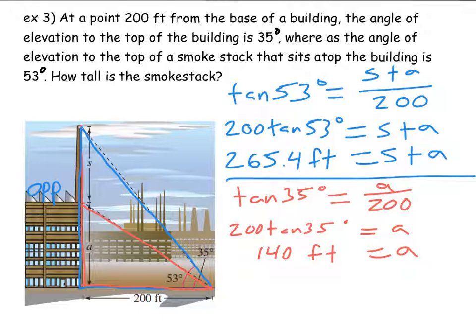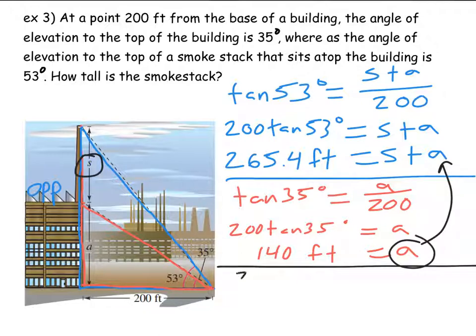That is also not our answer, because if we relate this back to the whole discussion we're having with variables, I probably should have pointed this out earlier. What we are after is S. Okay? We have S plus A, and we have A, which, you know, we are awfully close to what we're after here. So we could now say, if I go back and take this and plug that in, we would know that